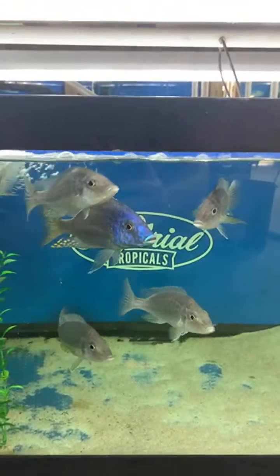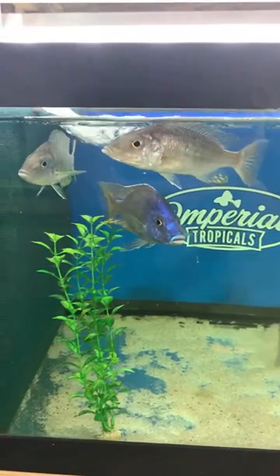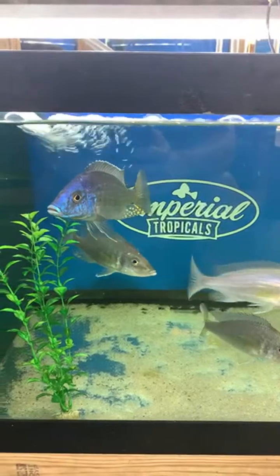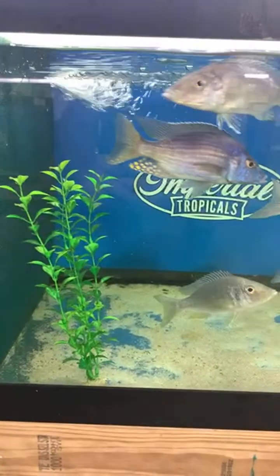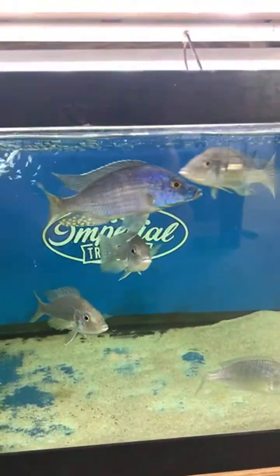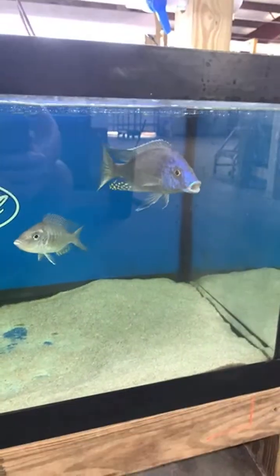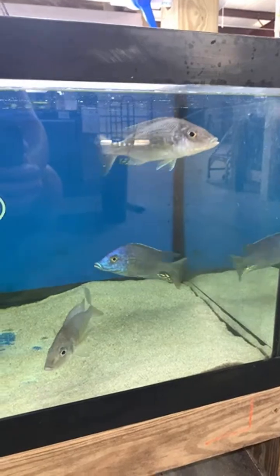Here's a nice big male rostratum peacock. So guys, have you noticed how the big male is the only one with color? We get a lot of emails every week of customers saying, hey, I just got my fish, I think you sent me a female, it has no color. Well, here's a perfect example. These are all males and there's only one blue fish in this tank, and that's because he's the biggest and he's the baddest. So just be patient with your fish,